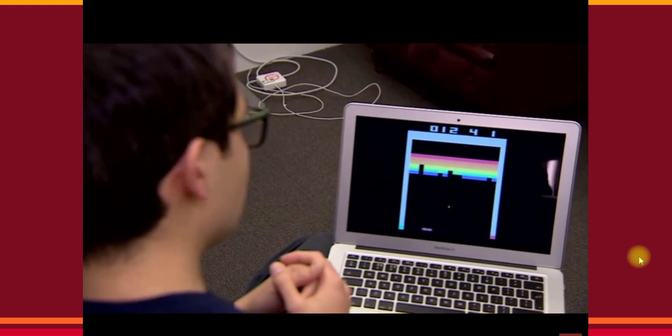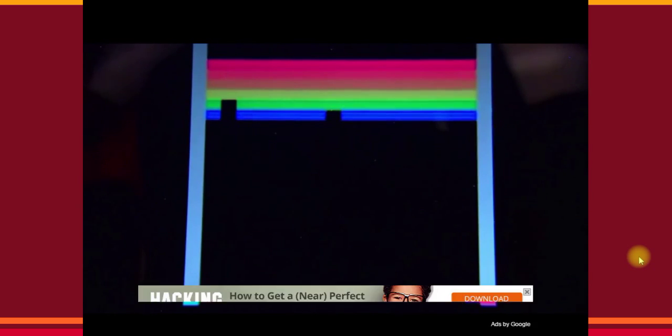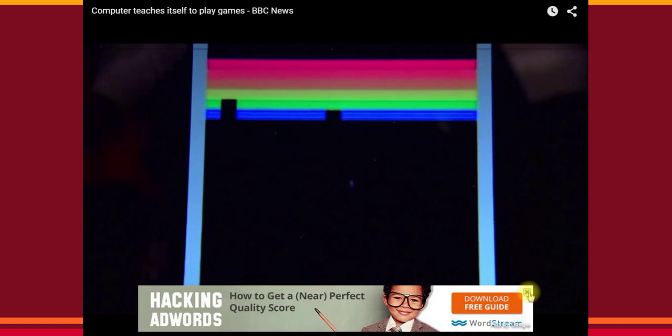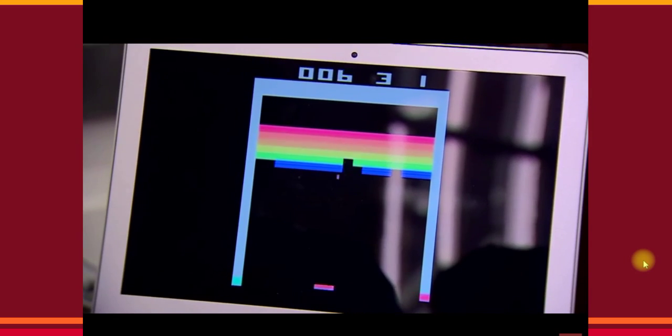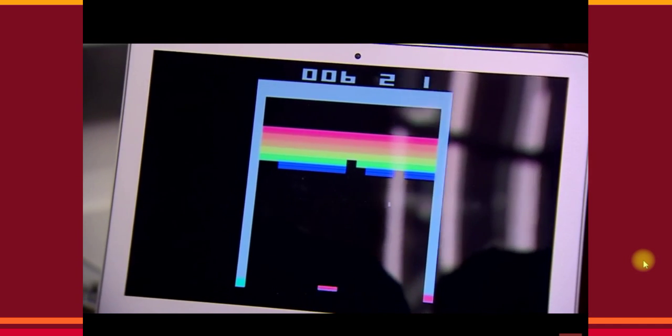So this is the game of Breakout, and in this game we're controlling the bat and the ball, and you have to break through this rainbow colour brick wall. After 30 minutes of gameplay, the system doesn't really know how to play the game yet, but it's starting to get the hang of it, that it's supposed to move the bat towards the ball. After an hour in, it's a lot better, but still not perfect. If we leave it playing for another hour, it can play the game better than any human, and it almost never misses the ball, even when it's coming back at very fast angles.